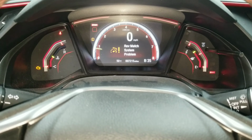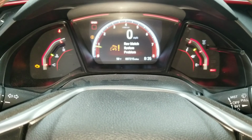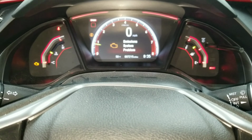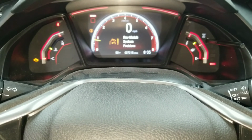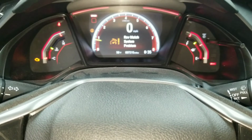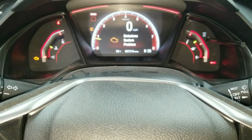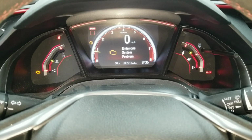If you have some aftermarket parts on your vehicle, it could be your fuel pump. It could also be an air leak. A lot of people install a PRL intercooler and they don't get their clamps tight enough, and there's an air leak. A cold air intake would also cause one of these codes to come up. But first, I'm going to go ahead, plug in my scan tool and pull the